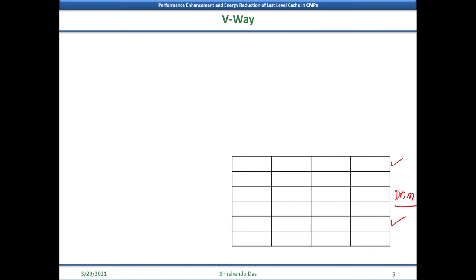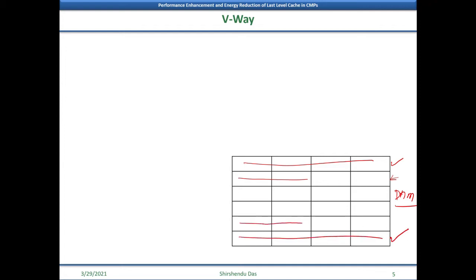But if you can propose a technique that dynamically gives more ways to a set that requires more ways because it's a heavily used set, then instead of four ways, if suppose this is an idle set, these two ways you can also allocate to this set, right? And the same here, suppose this set is heavily loaded, so this set plus